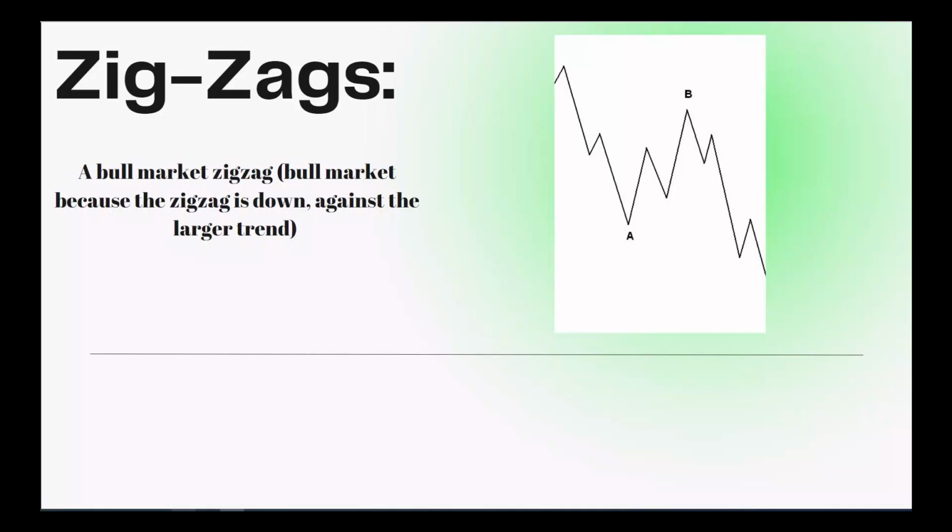A zigzag is a three-wave pattern composed of ABC waves. The first wave, labeled A, is a motive wave, meaning it moves in the direction of the larger trend. It is composed of 5 subwaves. The second wave, labeled B, is a correction wave, meaning it moves against the trend of the larger wave. It is composed of 3 subwaves. The third wave, labeled C, is another motive wave, also composed of 5 subwaves, and usually moves in the same